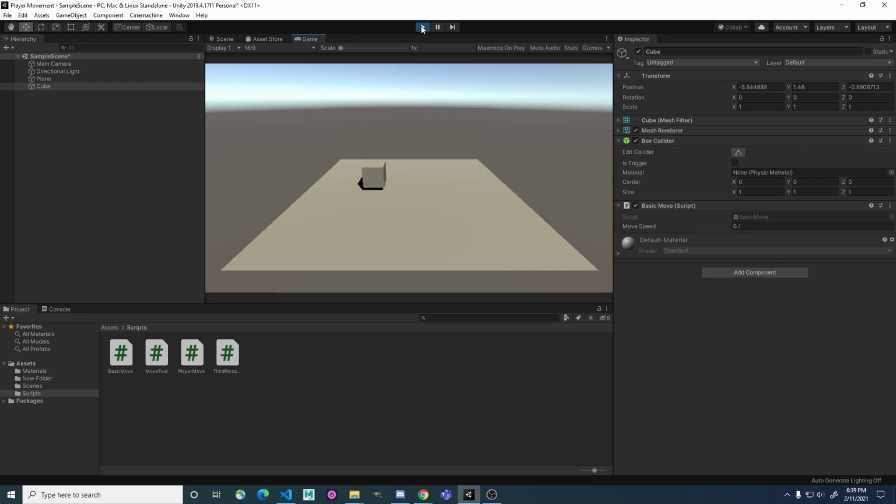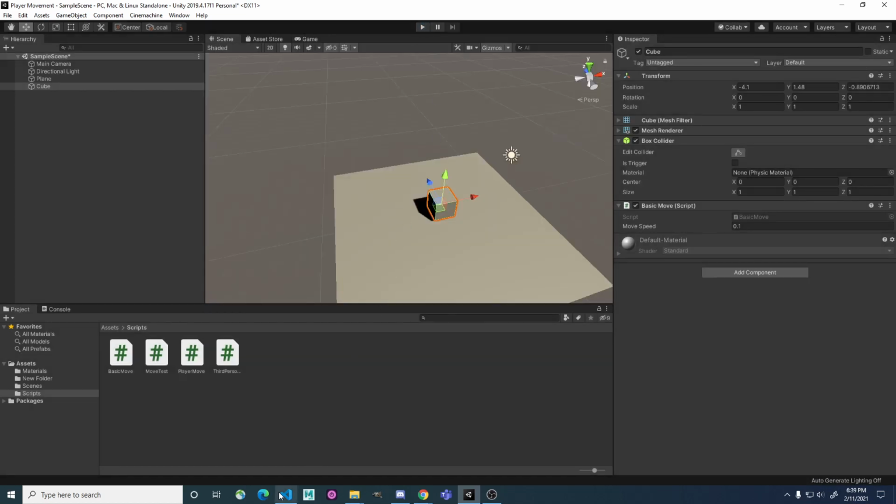You know, it's still moving at a consistent speed, but with the time.deltaTime, then it sets it based on some number that has to do with the clock. So, okay, so then